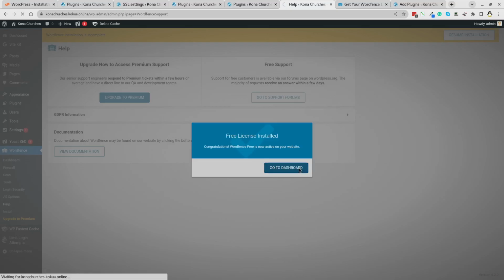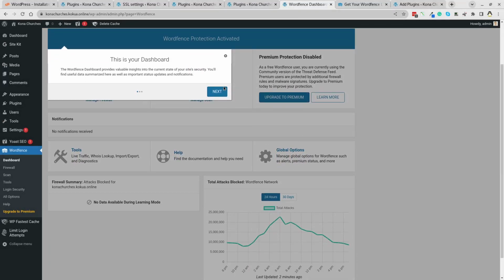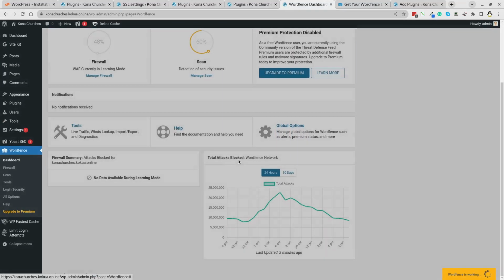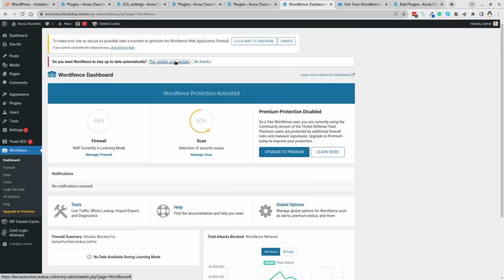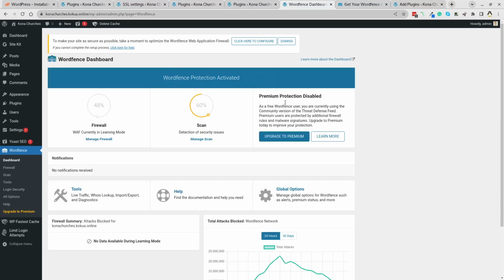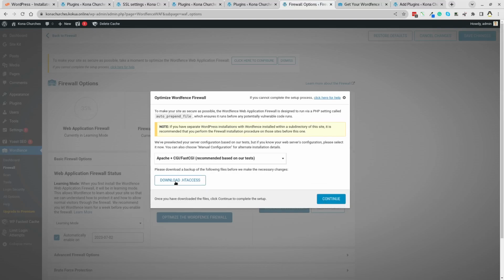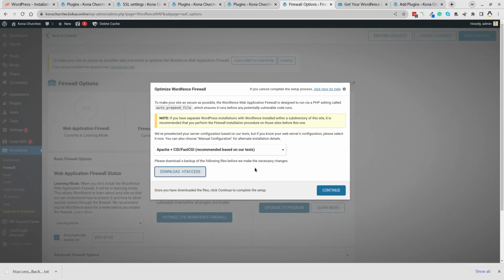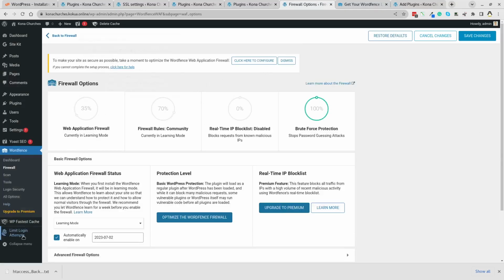Let's go to the dashboard. And it'll come up with a few of these nexts. We just click our way through them. And yes, enable auto updates. Configure the firewall. So click here to configure. Cool. We just go ahead and download this. Don't really do anything with it, just have it there in case we ever have a problem, and continue. Close. And that's gone. If we click on here,